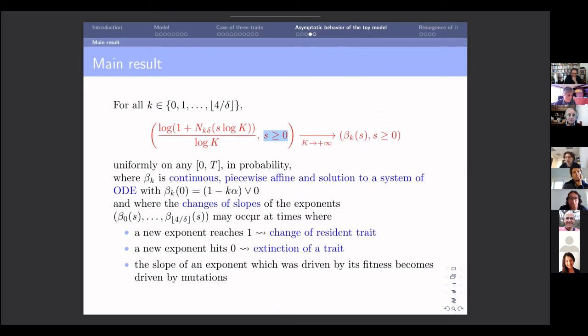Right, and so mutualistic interactions are typically going to give you coexistence, and this is really interesting from the biological point of view. But from the mathematical point of view, maybe we could solve it, but it's already quite a mess to get through this proof when you only have two traits. So this is an open question. Of course, feel free to think about that. I don't have the answer.